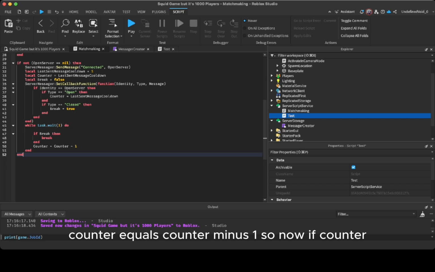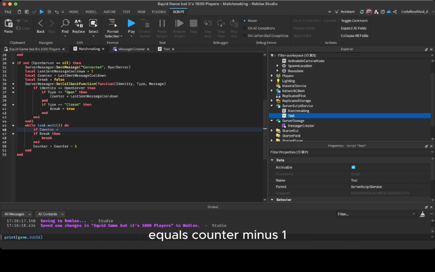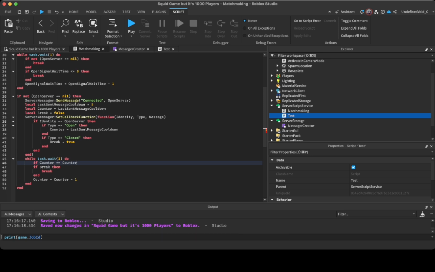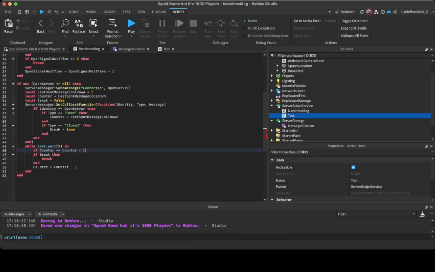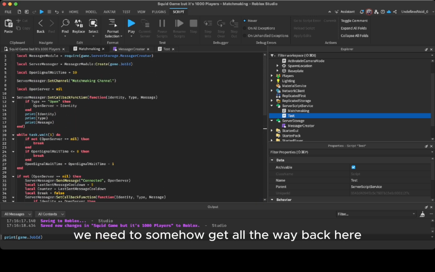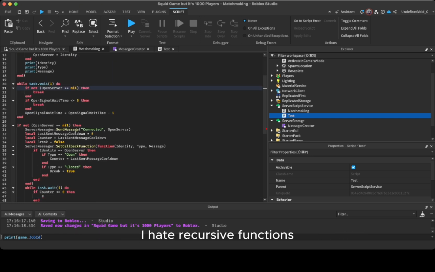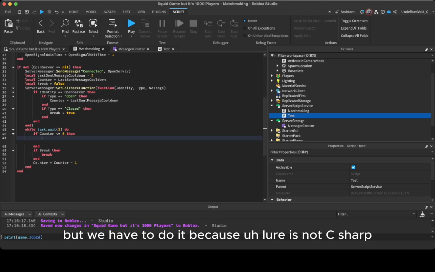Counter equals counter minus 1. So now if counter is less than or equal to 0, then we need to somehow get all the way back here. So, oh, I got the best idea. We're gonna make a recursive function. I hate recursive functions, but we have to do it because